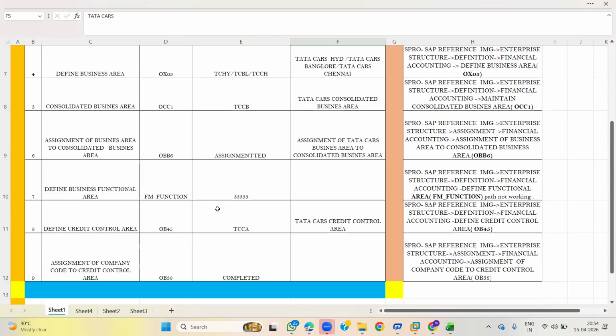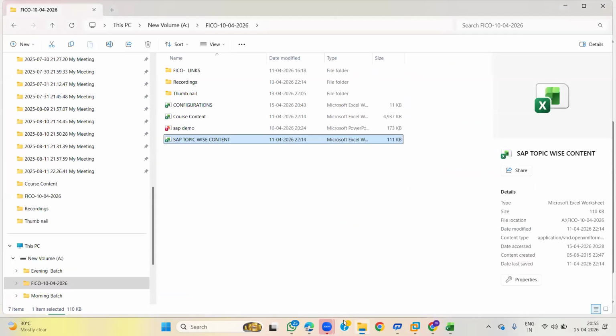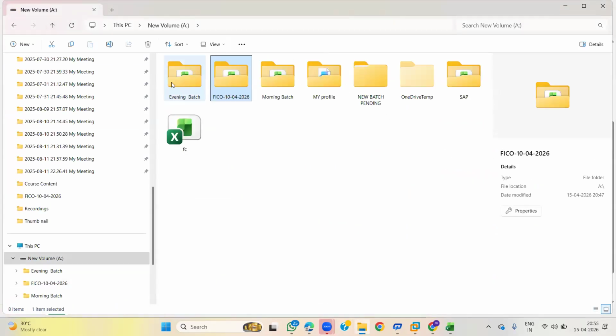Can I explain about business area and all? Yes, yes, just scroll down. Business area is also one of the organizational units in FI, which is used to generate the financial statements at company code level for internal and external reporting purposes. Next, global parameter settings. Can I go through the global parameters next?